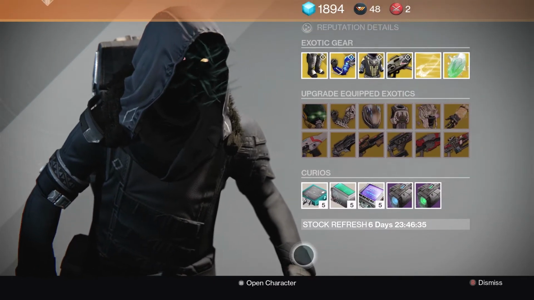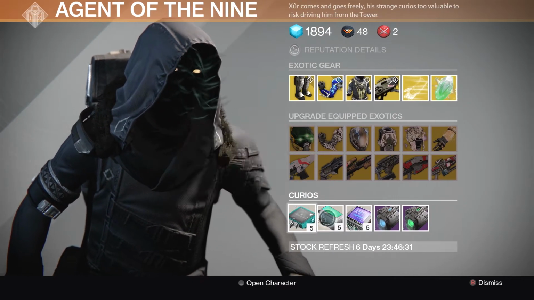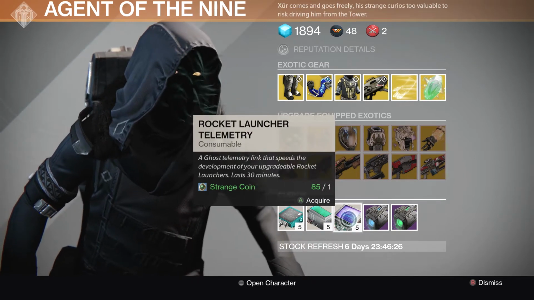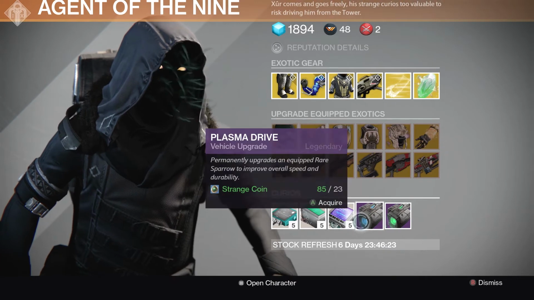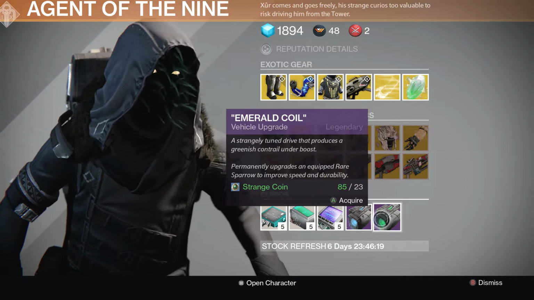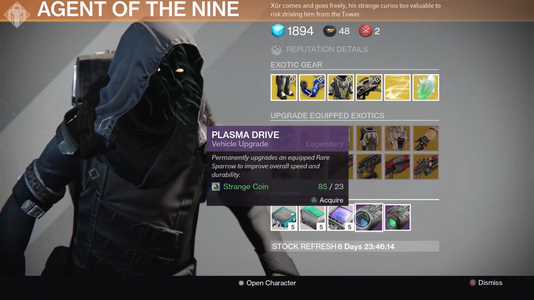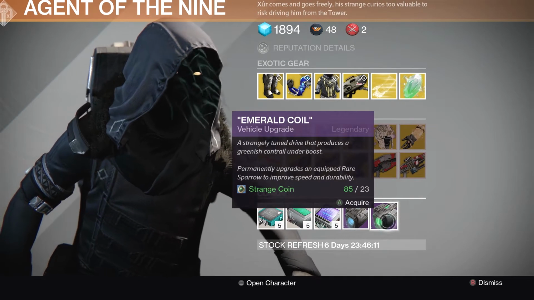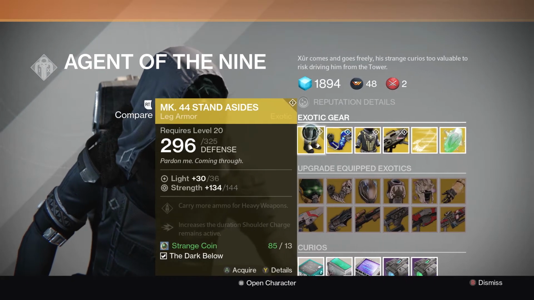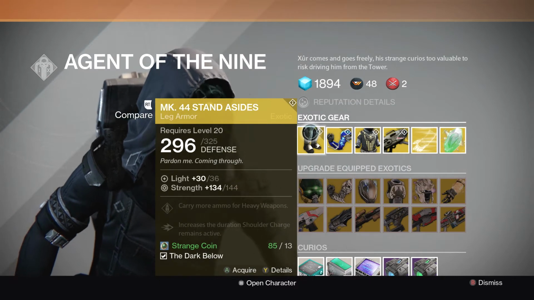So, Xur my man, what have you got for us? To begin with, for the curios, we've got hand cannon telemetry, fusion rifle telemetry, and rocket launcher telemetry for upgrading our weapons faster. For the vehicle upgrades, we've got the plasma drive and the emerald coil, to make your rare sparrows legendary sparrows with a blue trail or a green trail, depending on your preference there. So, onto the exotic gear, and we've actually got the same selection here as we had on the 2nd of